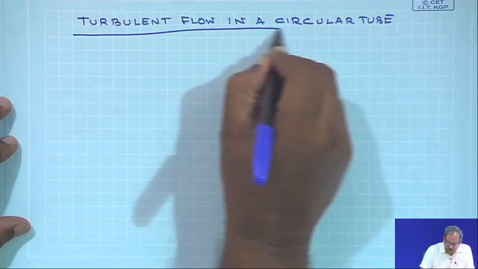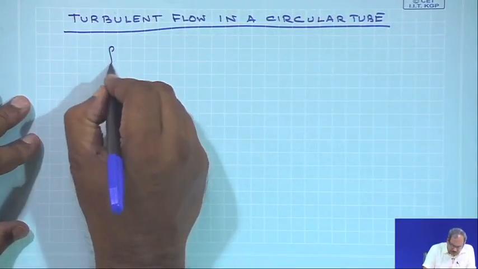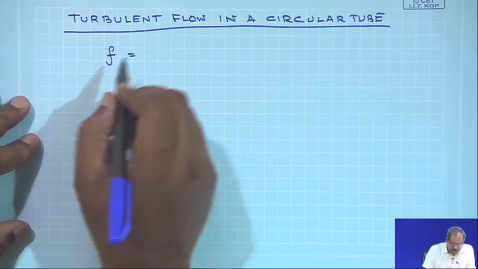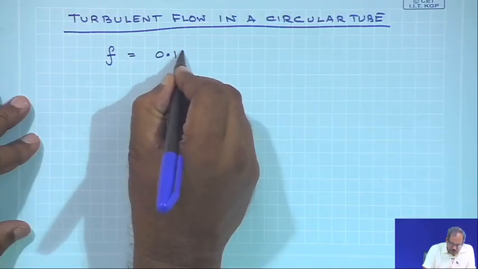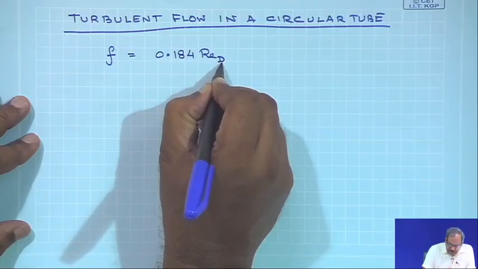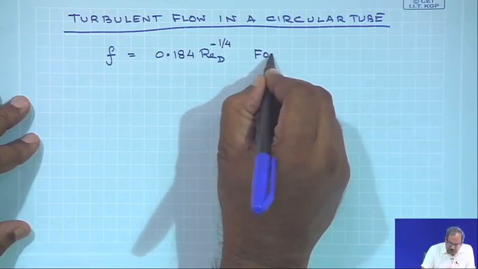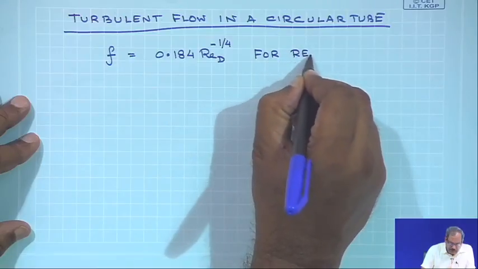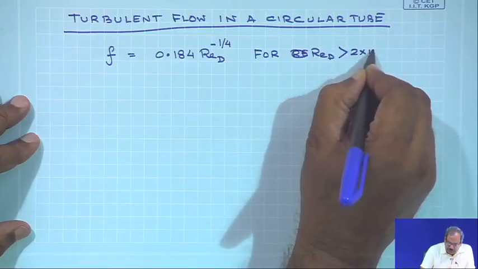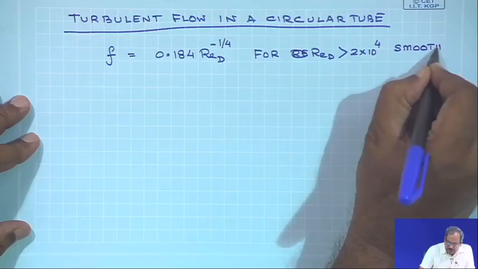Just to recapitulate what I have already shown you, the friction factor F which you obtain from Moody diagram is related to the Reynolds number based on the diameter of the tube to the power minus 1 by 4, for Re_D, Reynolds number based on diameter, greater than 2 into 10 to the power 4. This is the smooth pipe approximation,